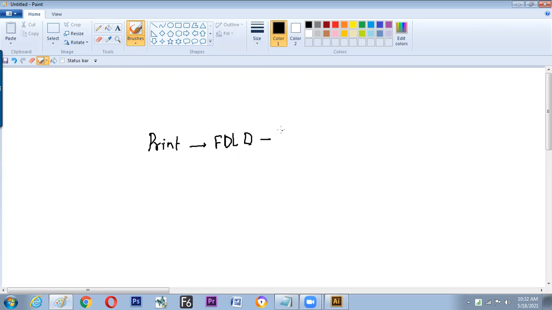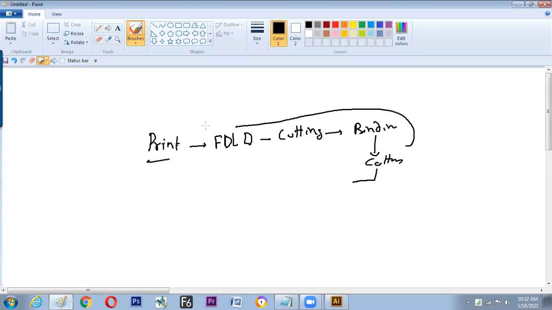Then after folding it goes for cutting, and after cutting it goes for binding, and after binding again it goes for cutting, then it goes to the reader. So there are many things after the print. In these 4 processes, what happens? The document will lose some information, or rather not information, but paper size. It will be cut like this.